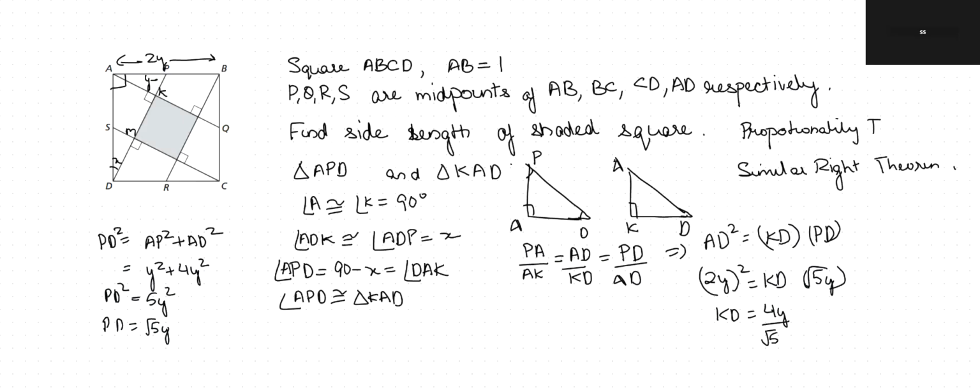Now we know that, considering the triangles here, so now considering the triangles A, K, D, okay, and